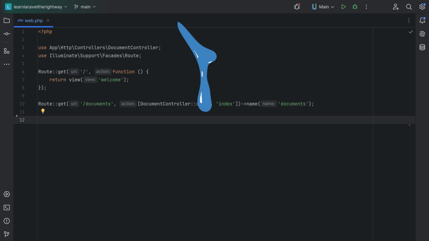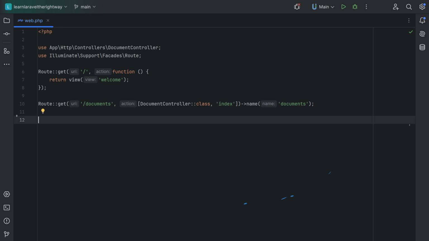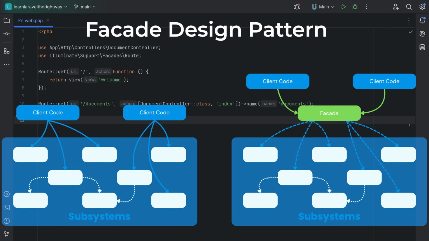You heard me mention facades quite a bit already, and we also use them in a few places, so I think it's time that we understand what facades are and what they are not. First of all, Laravel Facades and the Facade Design Pattern are different things. The Facade Design Pattern provides a simplified interface to a set of complex classes or code. The goal of the facade pattern is basically to make a subsystem easier to use by providing a unified high-level